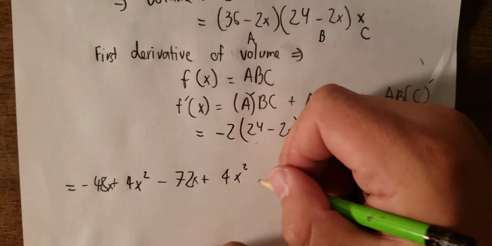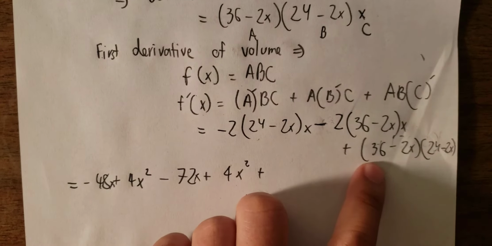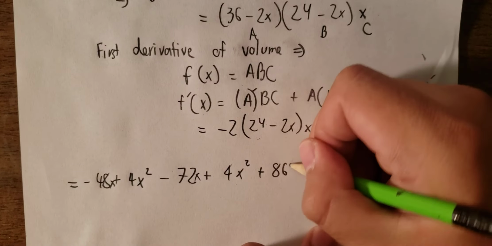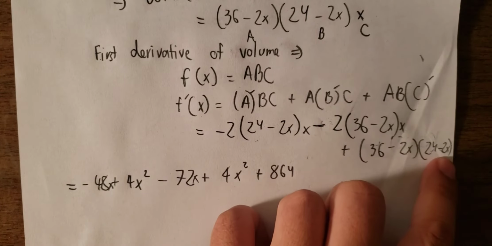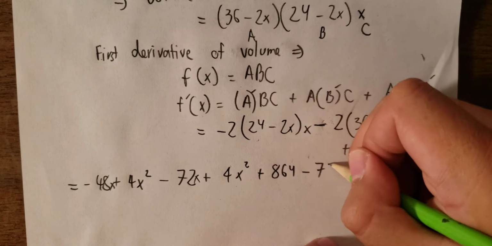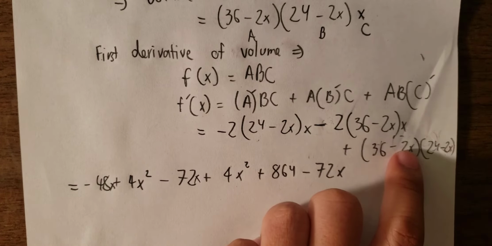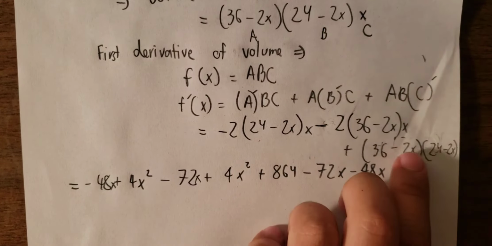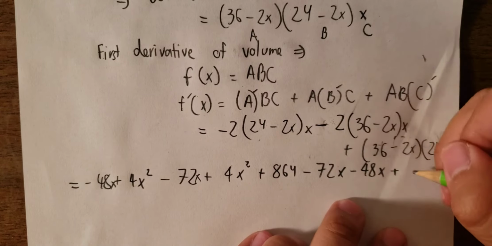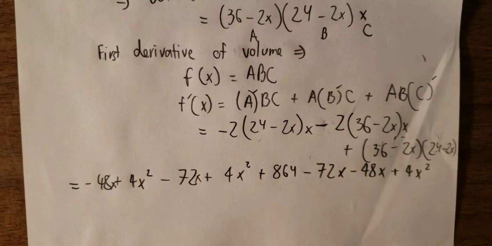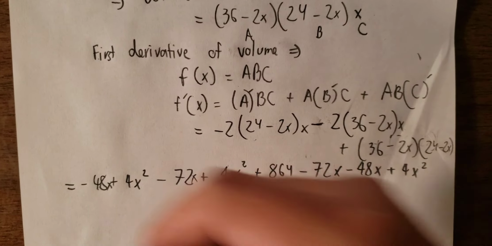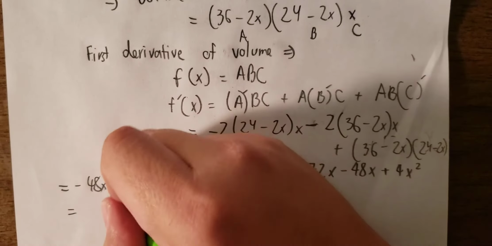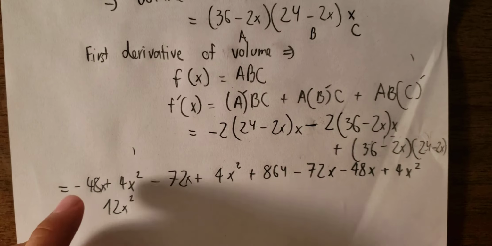The next one, 36 multiplied with 24, you get 864. 36 multiplied with minus 2s, you get minus 72s in here. Minus 2s multiplied with 24, you get minus 48s. Minus 2s multiplied with minus 2s, you get 4s power 2. And now we will sum everything together. 4, 4, and 4, you get 12s power 2